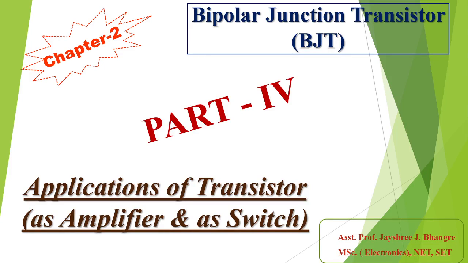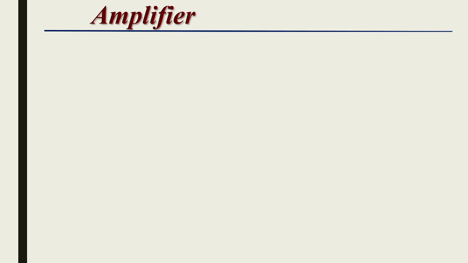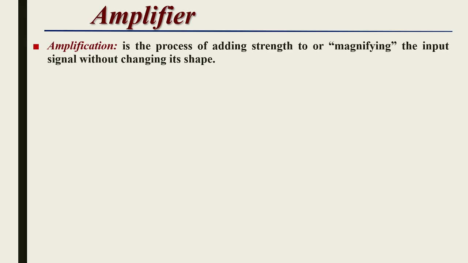Hello everyone, this is the fourth part of chapter 2, that is bipolar junction transistor, and in this video we are going to learn the applications of the transistor, that is, a transistor can be used as an amplifier or as a switch. Now the amplification is the process of adding strength or magnifying the input signal without changing its shape,